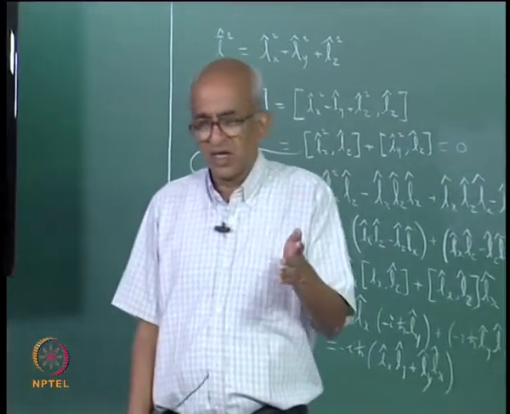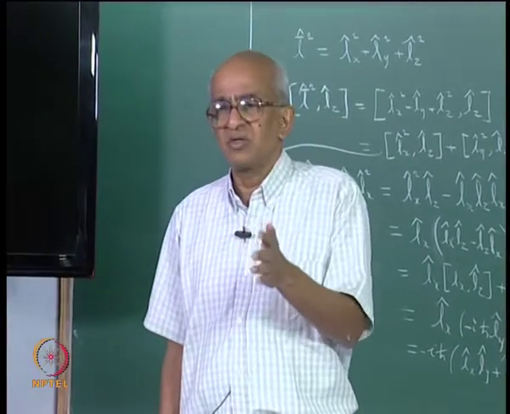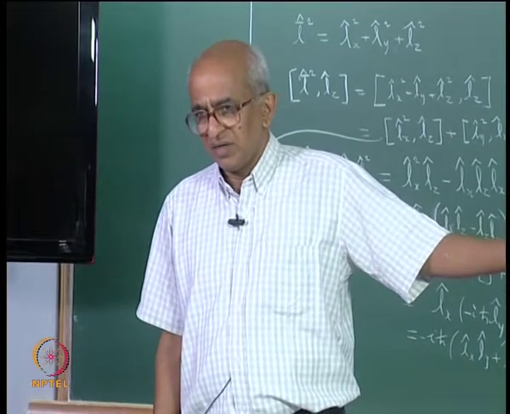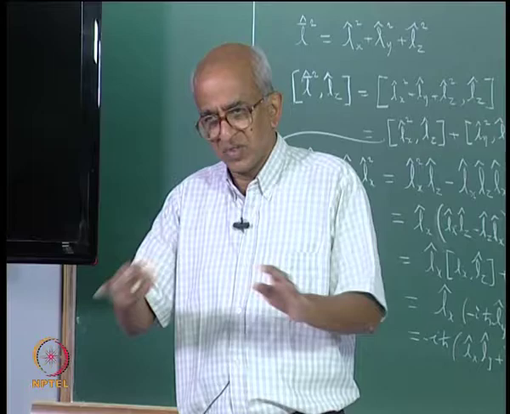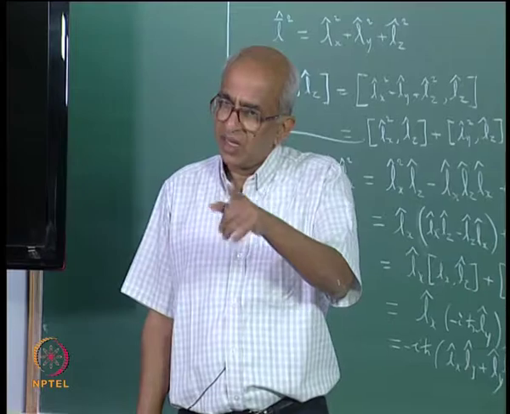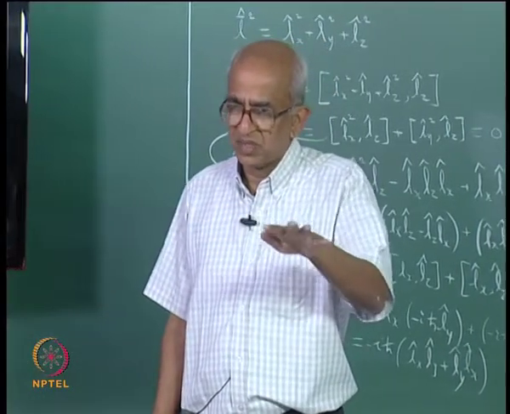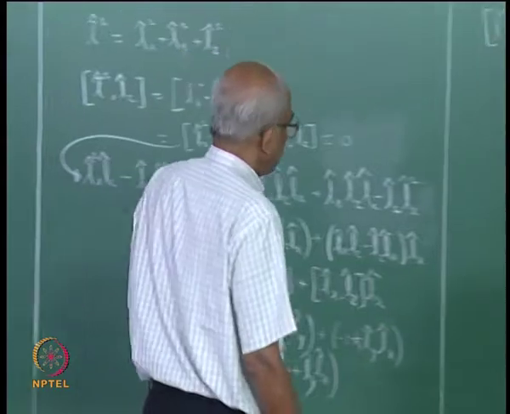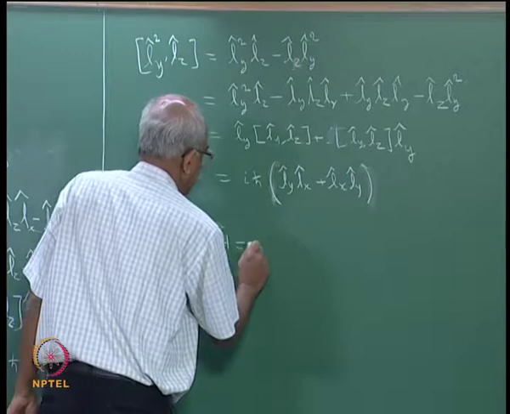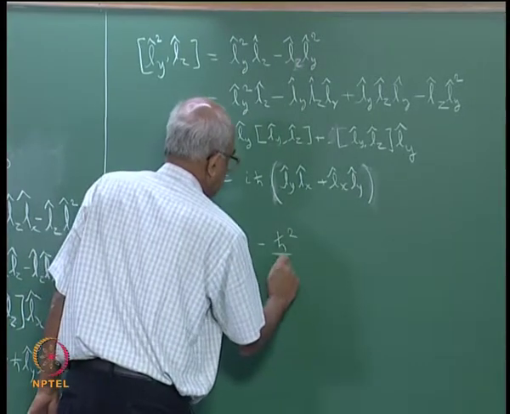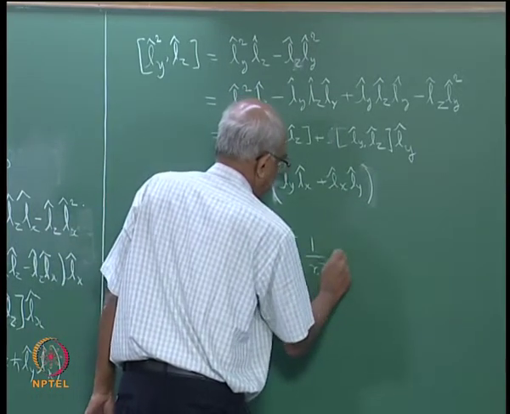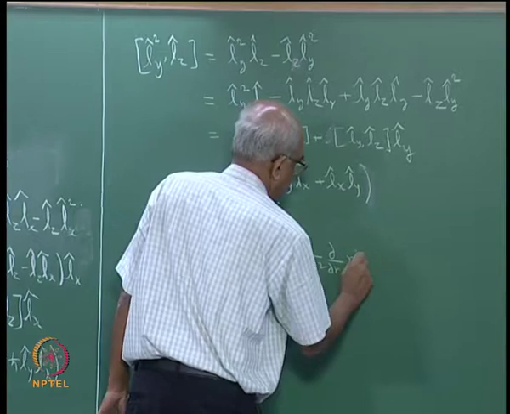In a similar fashion, if you like, you can easily show that L square commutes with Lx, it also commutes with Ly. So L square commutes with everything, with Lx, Ly and Lz. But the problem is that Lx, Ly, Lz do not commute among themselves. And further, our Hamiltonian H for the hydrogen atom, this is something that I have already told you, it is actually minus ħ square by 2 mu, 1 by r square dou by dou r. I am writing the expression that I wrote in the morning once more.